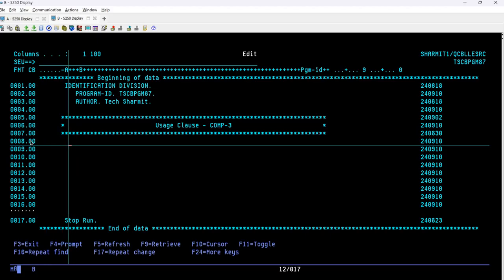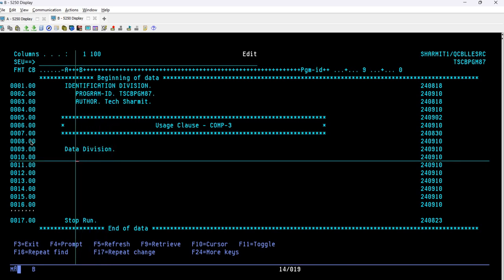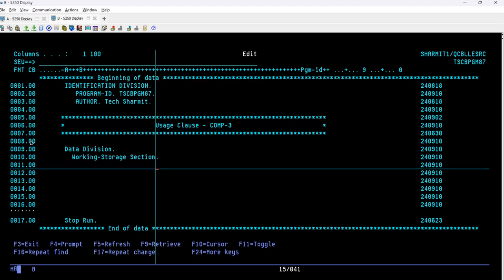And as we know, to create any example, we need at least one variable. So we declare a variable using the data division. In the data division we will write the working-storage section. Working-storage section is defined. Now we are going to declare another variable, because this is the place where we can declare all the variables. So it's time to declare the variables. 01